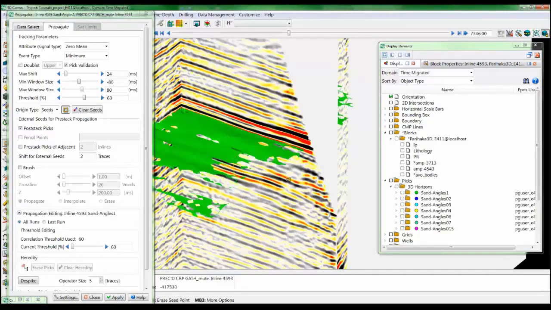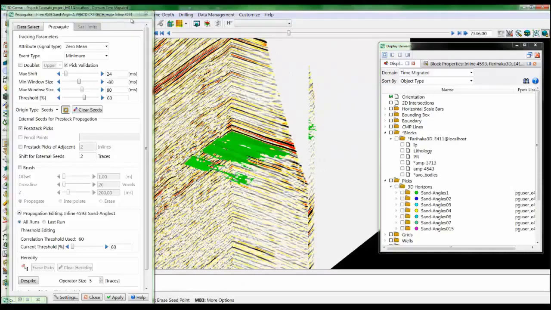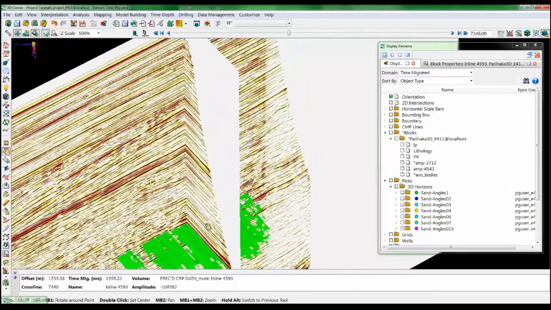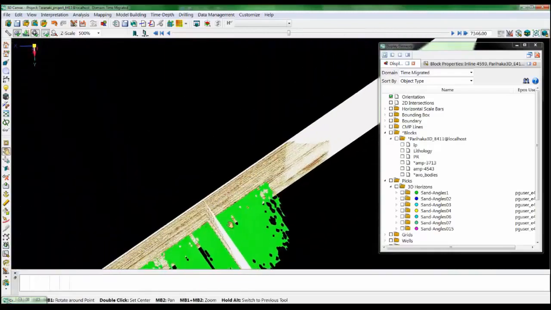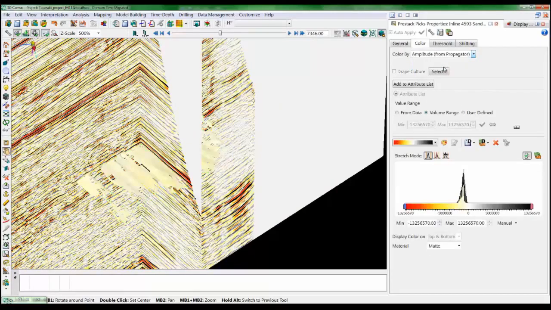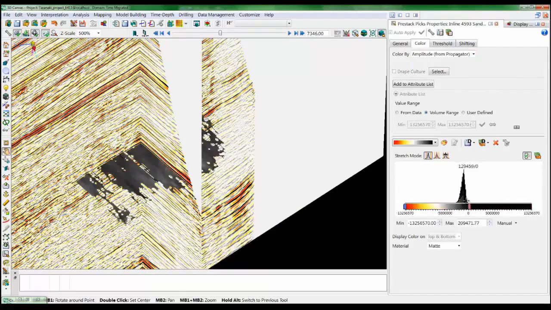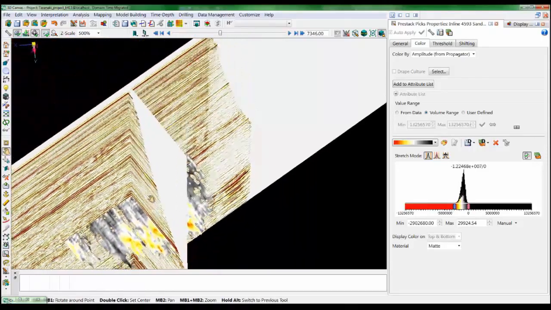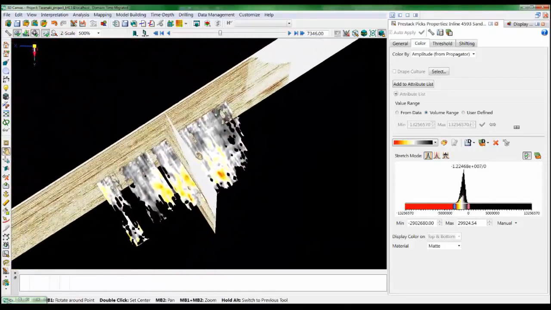So if I unrestrict, as you can see, it did propagate quite nicely through the data. We can also display the amplitudes that were extracted during the propagation process, and we can just adjust the color scheme again. And as you can see, we have a clear indication of the AVO class 2 anomaly, as we